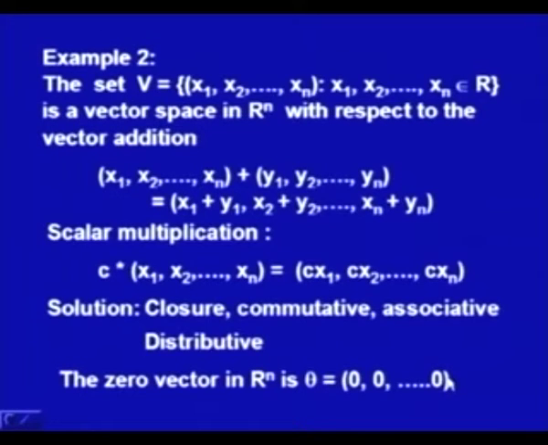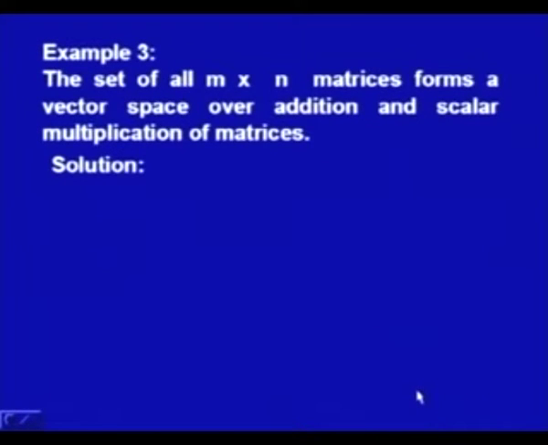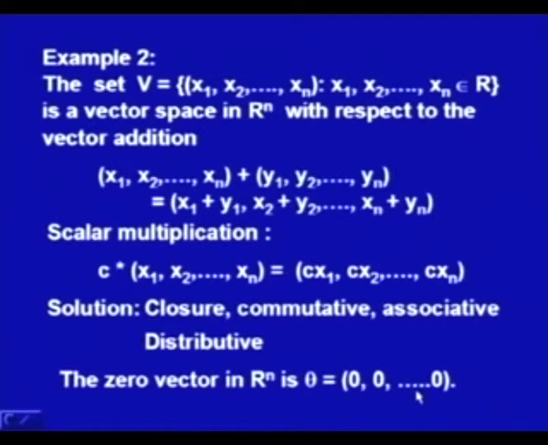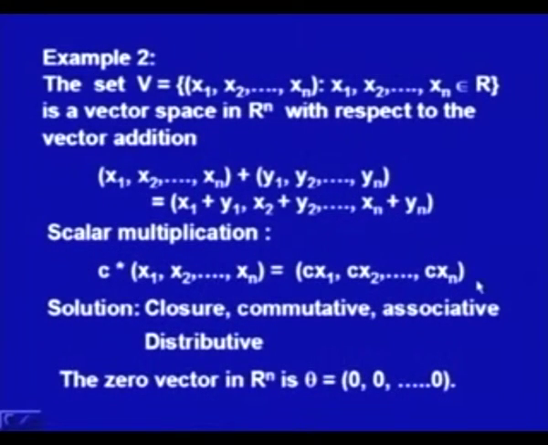So, if this is the 0 vector, then one can also find the additive inverse for all (x1, x2, ..., xn). So, the inverse also exists. Similarly, scalar 1 is also there, which when multiplied by the given vector (x1, x2, ..., xn) will remain unchanged. So, this is also a vector space. So, V defined in this manner, with addition in this particular manner and scalar multiplication in this manner, also defines a vector space.